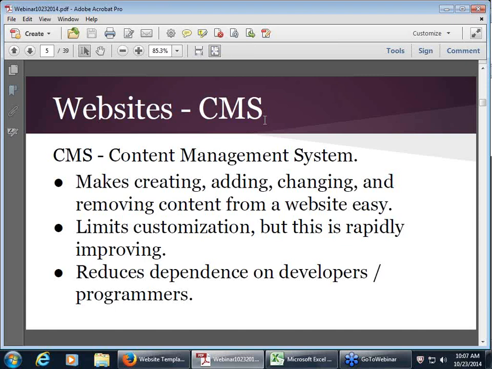Intrinsic to using a content management system is the fact that it fundamentally limits the customization of the site. Really, if you're using a content management system, there are just so many commands that have been built in by the designers of that CMS that can make changes to the site as opposed to building it yourself. But this is changing with the advent of many plugins for popular CMSs and many themes, which I'll go into in a few minutes.